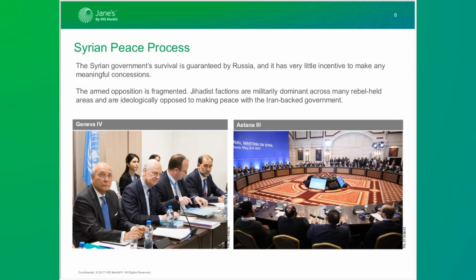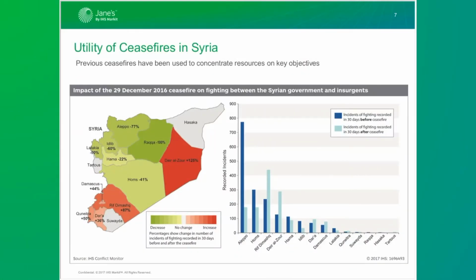But the bottom line is there's no sign of a settlement, and the conditions on the ground today are just not right for one. So what you see on the screen here is an analysis of the last ceasefire from 29th of December. And what we did is we looked at all of the recorded data on fighting between the Syrian government and rebel forces, and we compared the intensity by province 30 days before and 30 days after the